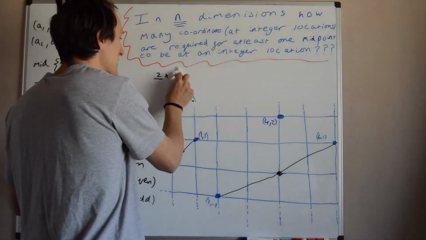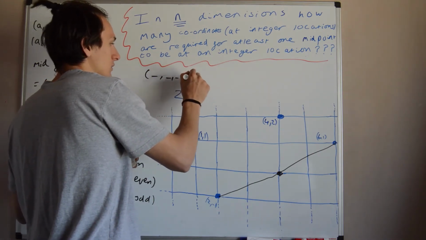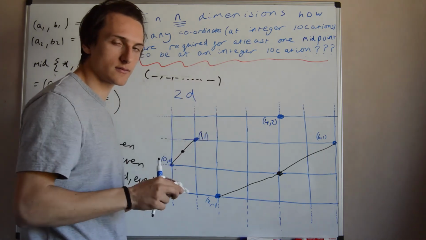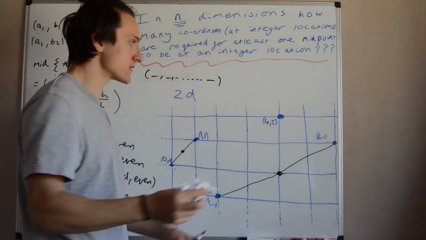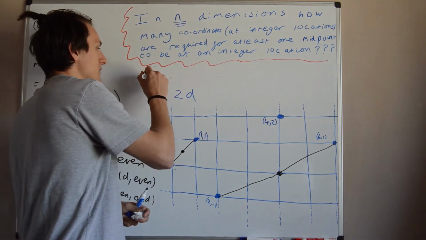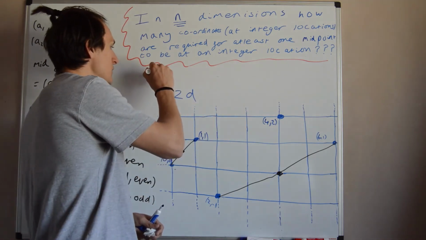In n dimensions, you have these integer coordinates, and they have n ordinates, which comes from the word coordinates. So altogether we're going to have 2 times 2 times 2, n times. So we're going to have 2 to the n